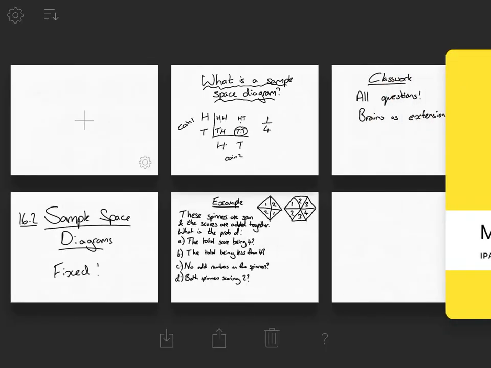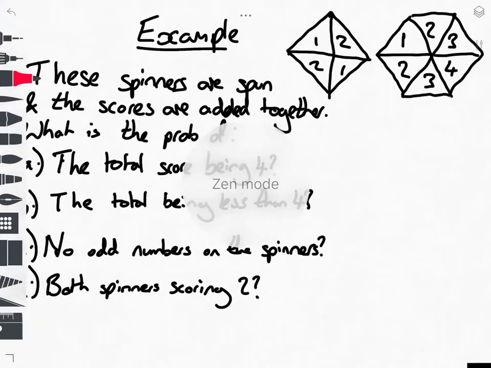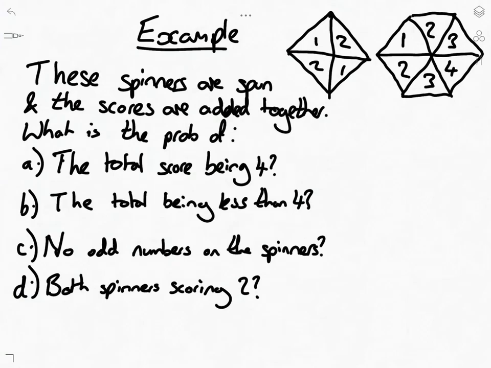Now I'm going to give you a more complicated example, just so you can do the questions, because this is more like what it's going to be. In fact, this one's probably harder than the ones you'll get, but just to give you an idea. So this says, these spinners are spun and the scores are added together. What is the probability of the total score being 4? So when we look at it, it's quite hard to imagine what all the possibilities are and how we can figure this out. But what we do is we draw sort of axes, not really axes, but for our sample